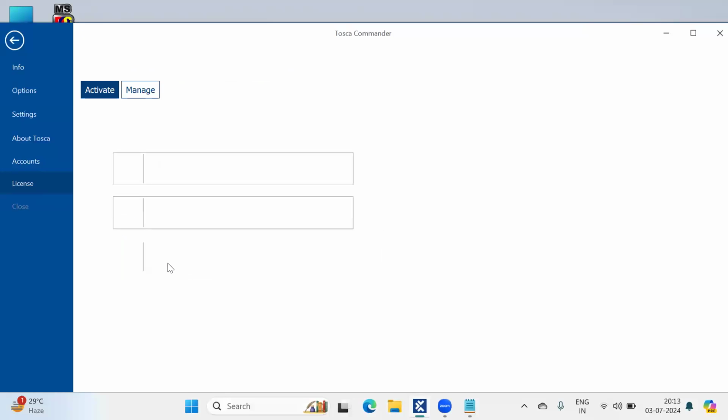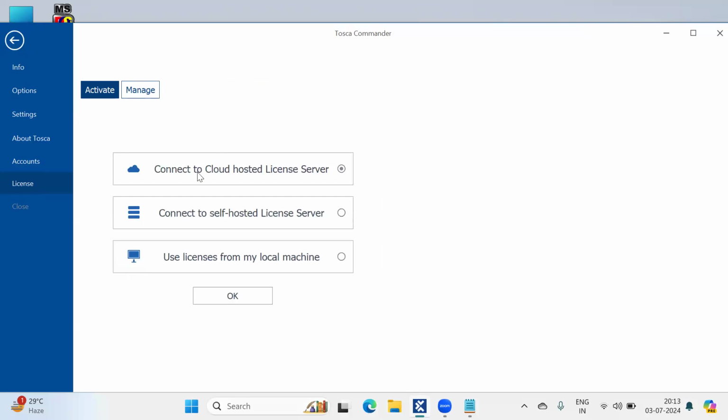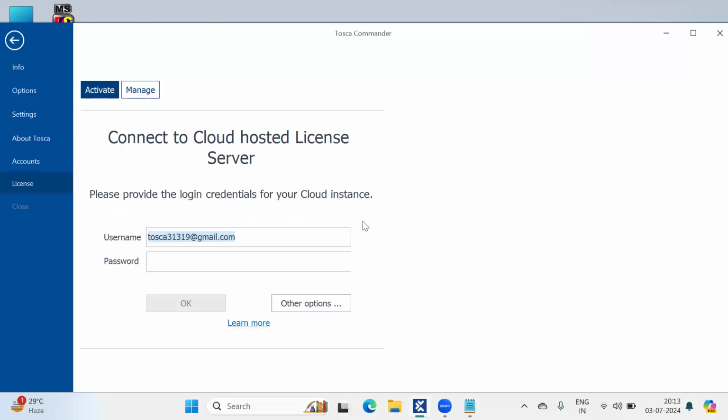Just click on this connect. You need to select connect to cloud hosted license server. While we were requesting the license, we selected connect to cloud hosted license server. Once you click on this option and click OK, it will ask you for the credentials. Whatever email ID you gave during registration will be your username, and please provide the same password you provided during registration here, and then click OK.